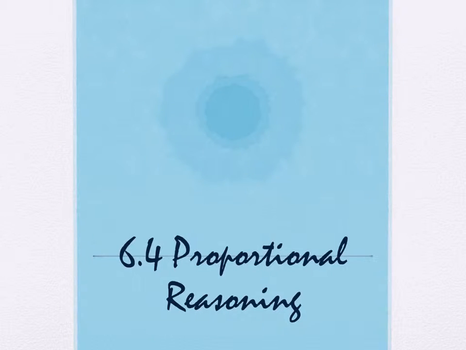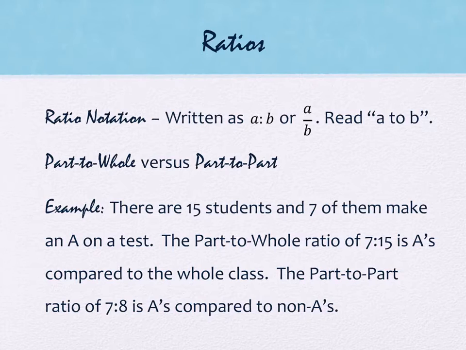Section 6.4 is called proportional reasoning. And when we're talking about proportions, what we first have to talk about is what ratios are. Ratios, which we talked about at the very beginning of this chapter, come from the word rational numbers. So ratio notation is notation that is written as